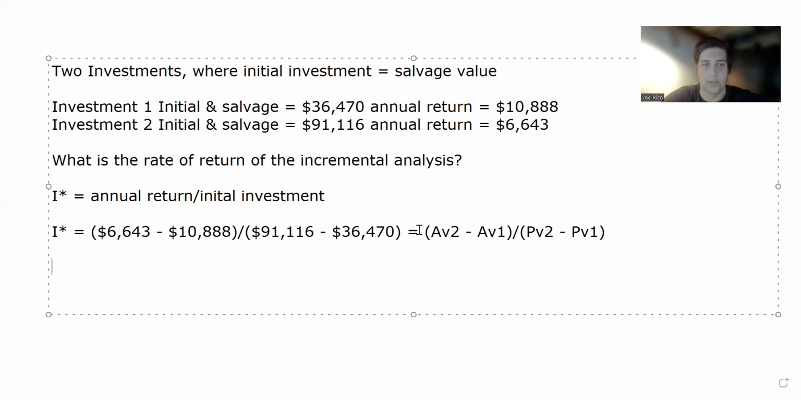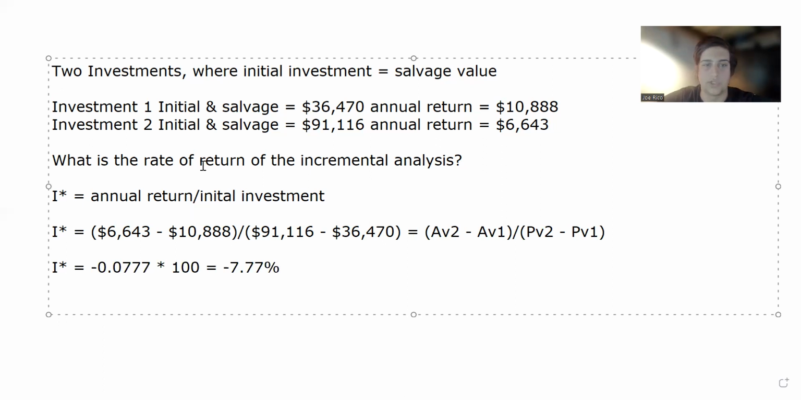And that means that option number 2 is not going to be competitive when we're comparing it to option number 1. And now we're going to go 91,116 minus 36,470. And this spits out the number negative 0.077777. So now to get this into a percentage form, so it's a little bit more digestible, we're going to multiply that by 100. And we're going to get the answer: our I star is equal to negative 7.77%,